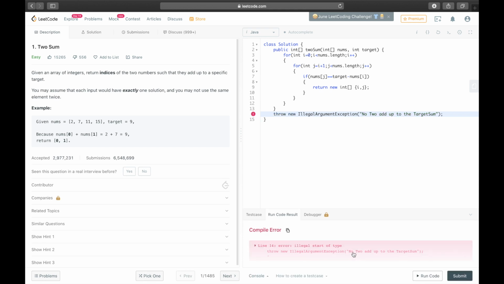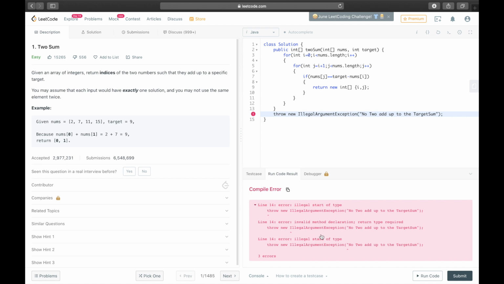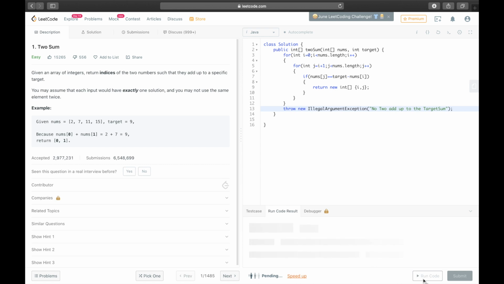So it is giving us an error. So yeah, our code got accepted.